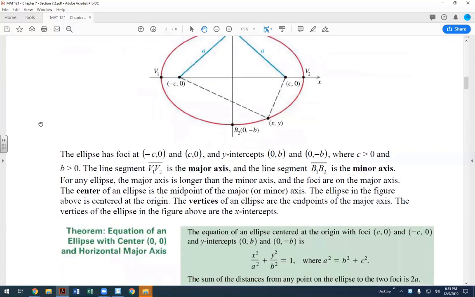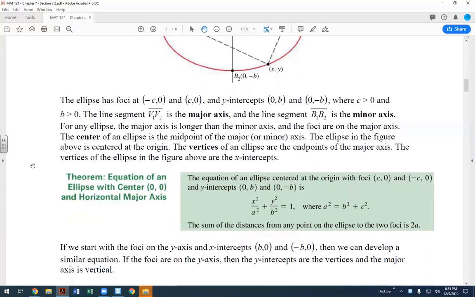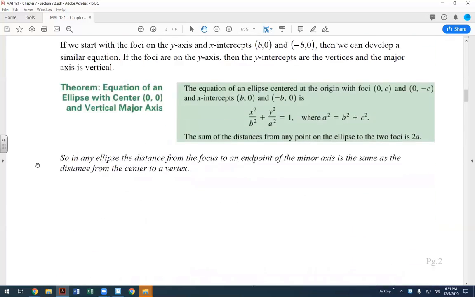So you can have negative C, positive C for the foci, positive B, negative B for the y-intercepts, and positive A, negative A will be your x-intercepts. They actually talk about it more as x-intercepts when you're